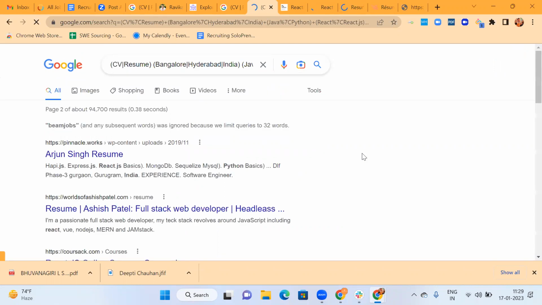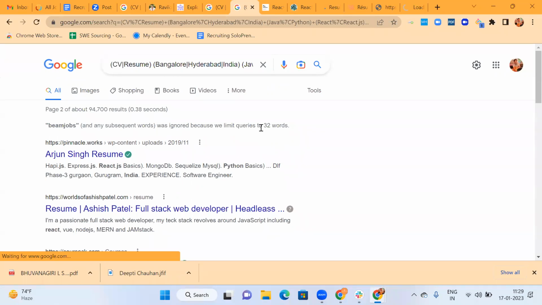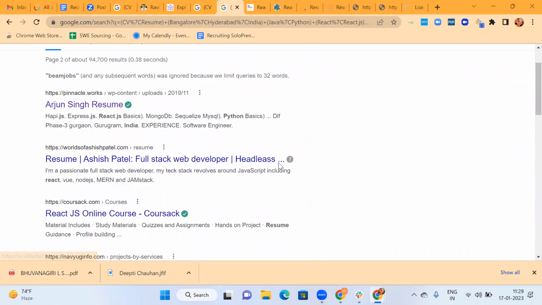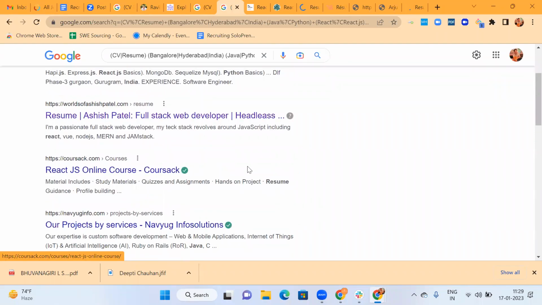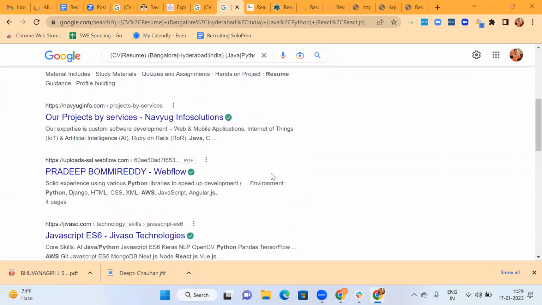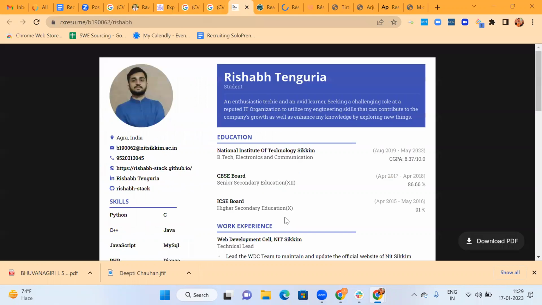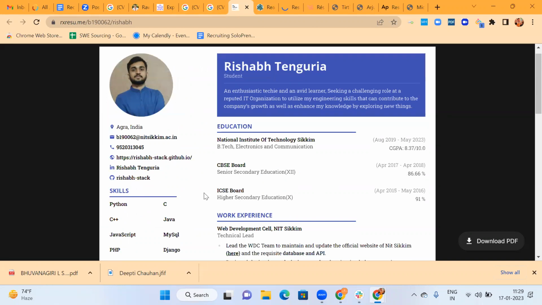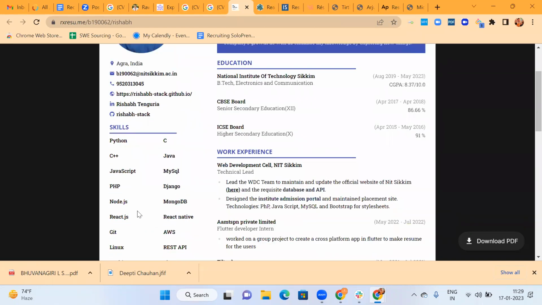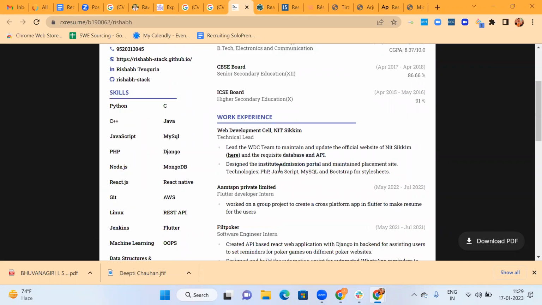Though that one exclusion is there, which is of Beam jobs, but that's still fine. Courses. Okay. So yeah, we have this individual profile with Java, React, AWS, which are technologies we were looking out for.